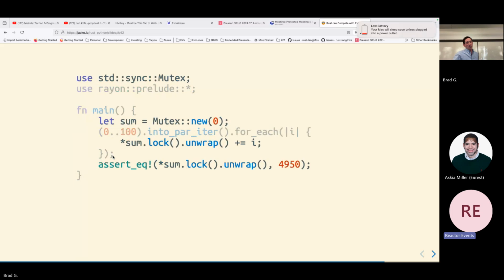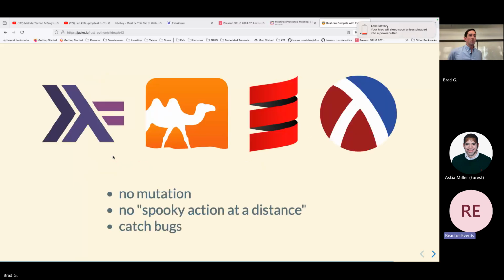So this takes getting used to, and I'm not saying that you can easily use mutex the first time you sit down and do it. But what you can rely on is that the compiler will tell you when you didn't do it right. And that's a big, big difference. We were going to have a talk about